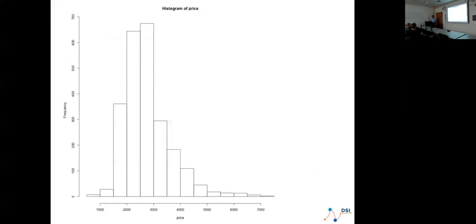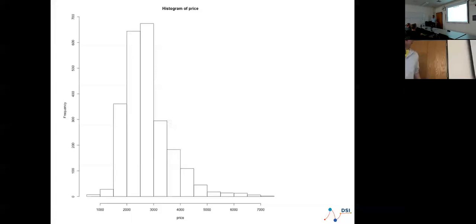So what's a histogram trying to do? In my opinion, and this is all my opinion, it's pretty simple. It's a probability density function, like a normal distribution. What is the likelihood of finding an apartment within a certain price range? It's related to that. It's a probability density function.